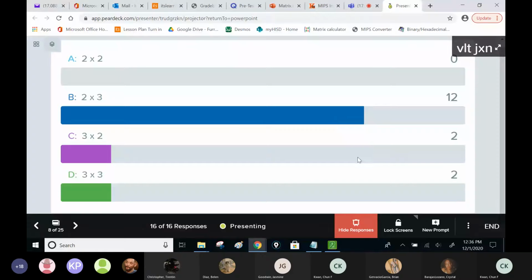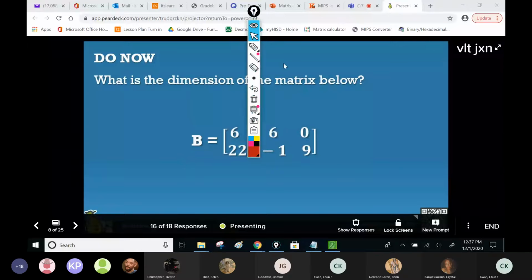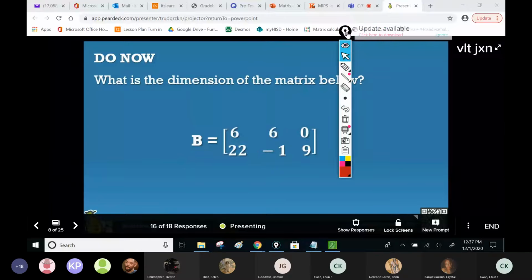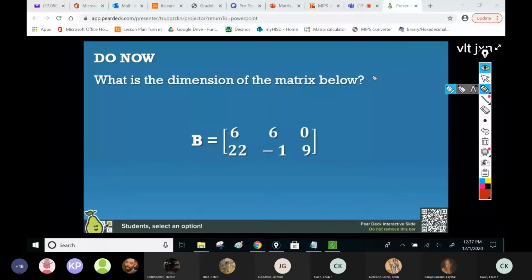All right, so thank God most of you guys actually got it right. I think those of you who got it wrong, you probably have the rows and columns mixed up. So look at this matrix B right here. There's 6 numbers, and all you have to do is count how many rows and how many columns. In matrix B, columns are vertical, rows are horizontal. So first row is right here, and then the second row down here. So you got 2 rows,